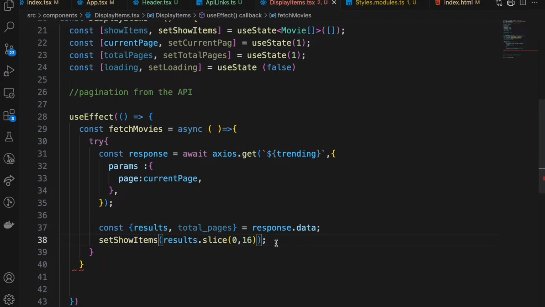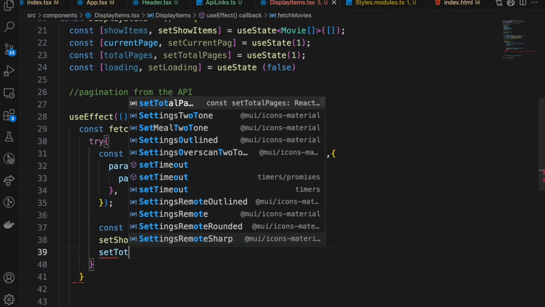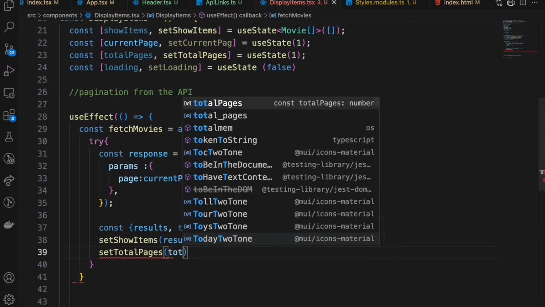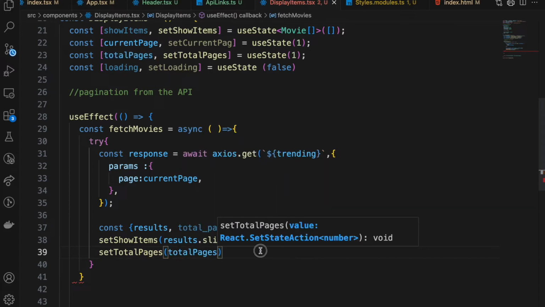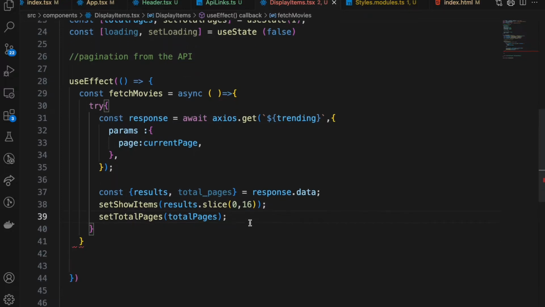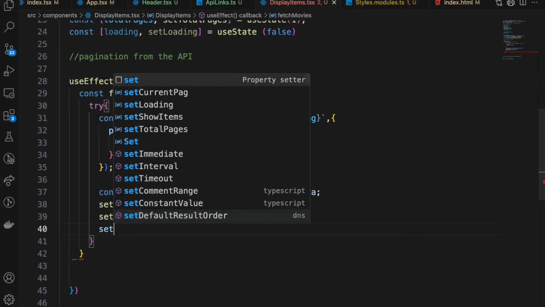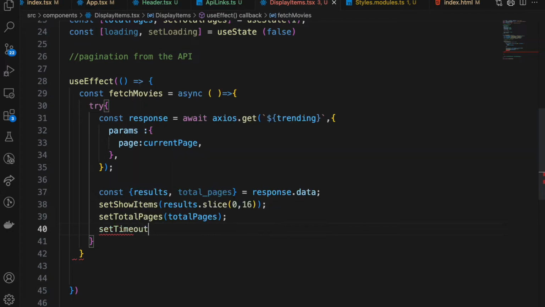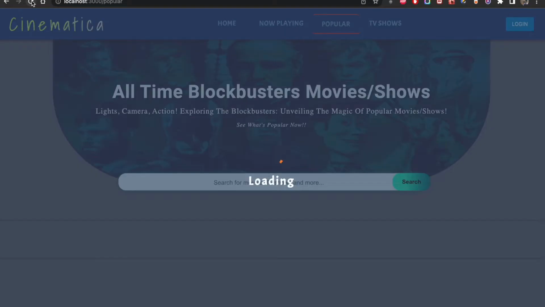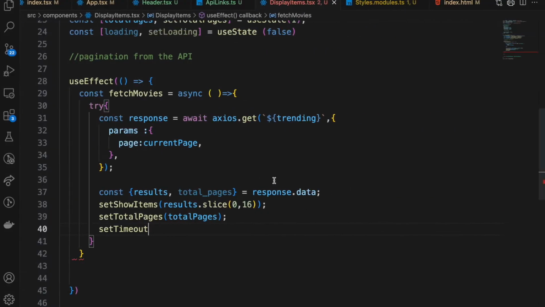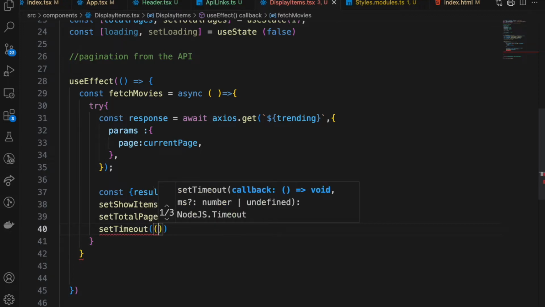Results actually not that. And now we're going to set total pages to total pages. So one more thing, we're going to use setTimeout. This is because I am using like a 2 second interval while it's loading, so it has to load for 2 seconds. Actually 1 second or 2 seconds, it's up to you, whatever time you want to set. So we're going to set timeout